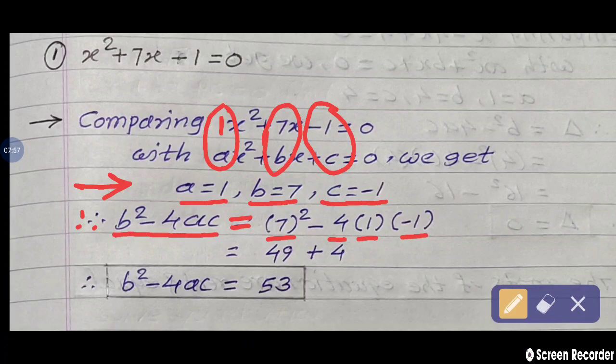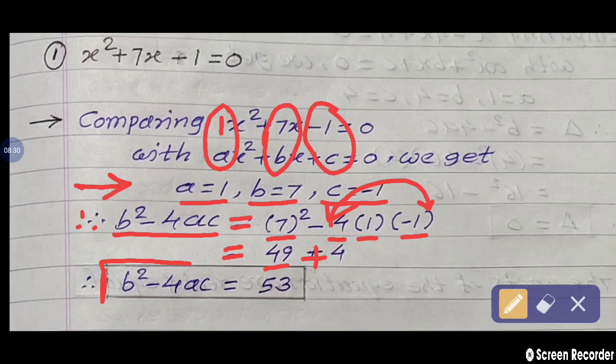So in the next step, we make the square of 7. Square of 7 is 49. Minus of minus is plus here. 4 multiplied by 1, again multiplied by 1. So 4 ones are 4, again 4 ones are 4. So plus 4, minus 4 and minus 1. Multiplication is plus here. Minus of minus is a plus, and 4 into 1 means 4. So 49 plus 4, we are getting the value 53.